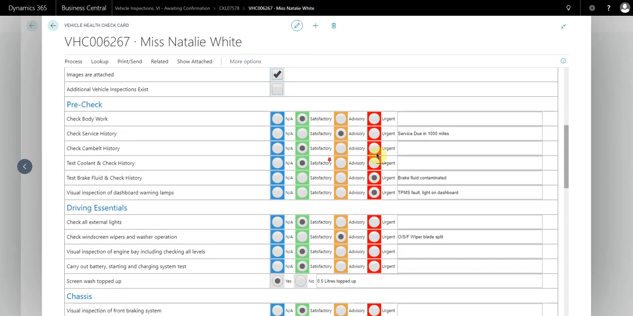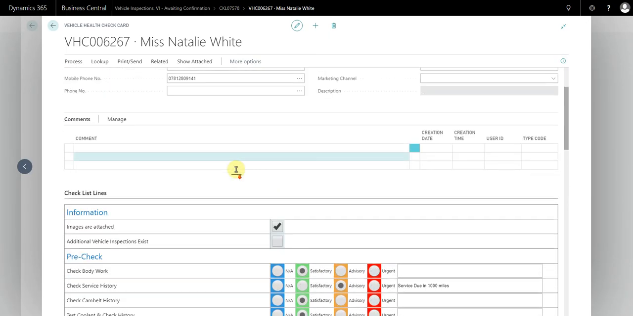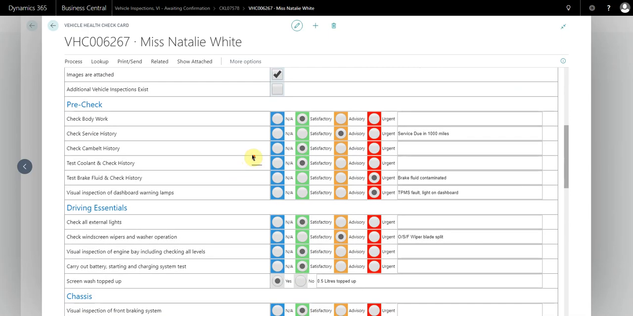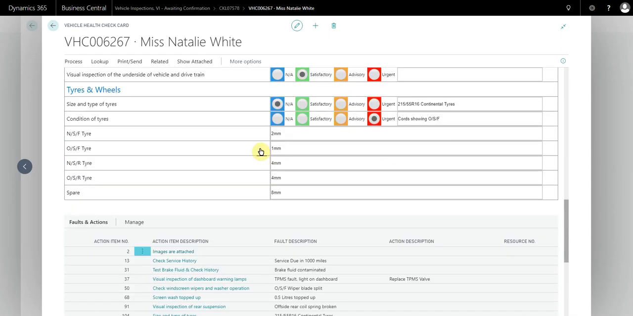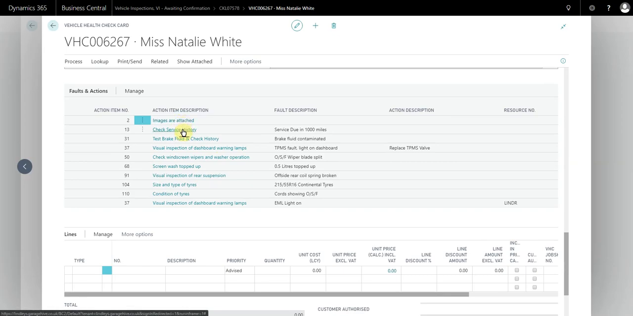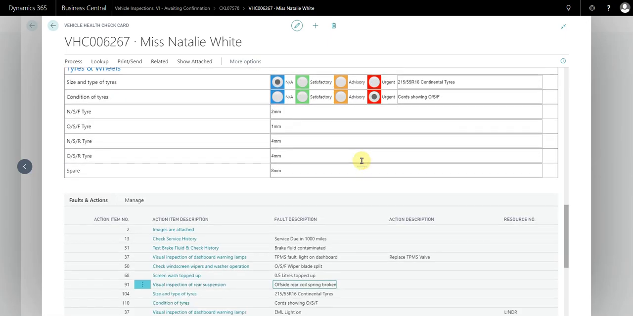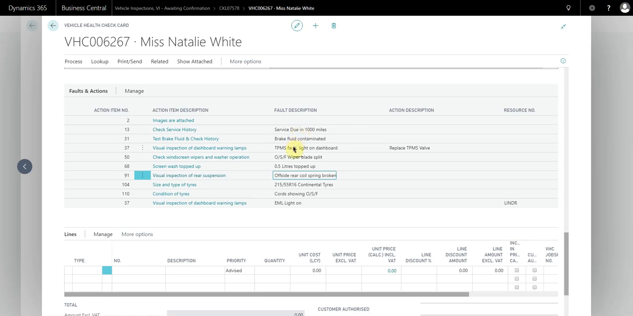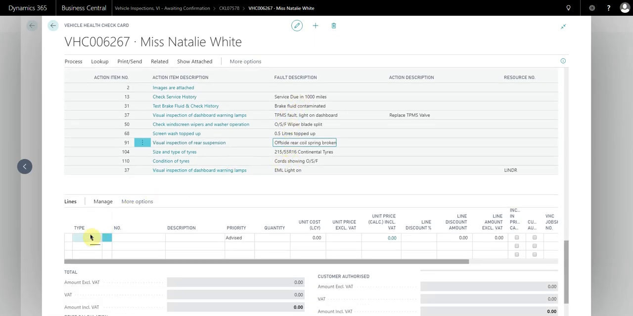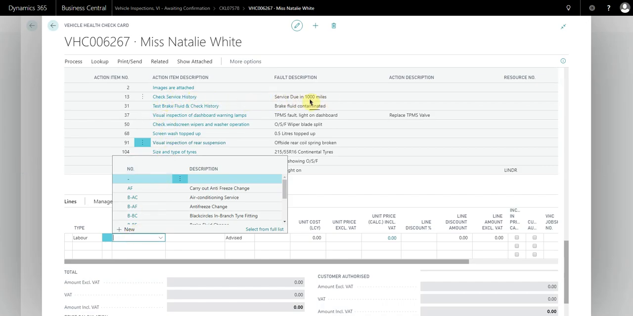So again, you have your familiar vehicle inspection or VHC embedded within the estimate. But if you look now, you also have the faults and actions. So when you're actually estimating, you can just use the faults and actions instead of having to use the vehicle inspections. So it's just much more condensed information. So if I wanted to go ahead and start building up an estimate now, I can just simply work through the faults and actions. So I can just add